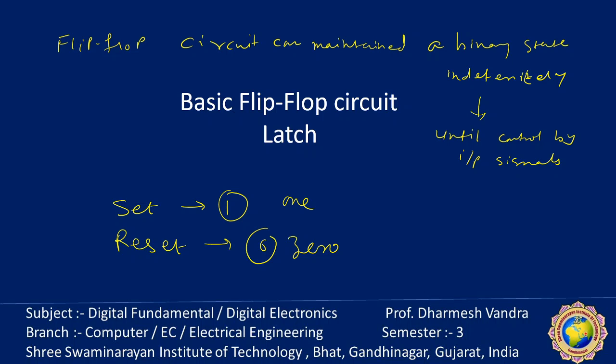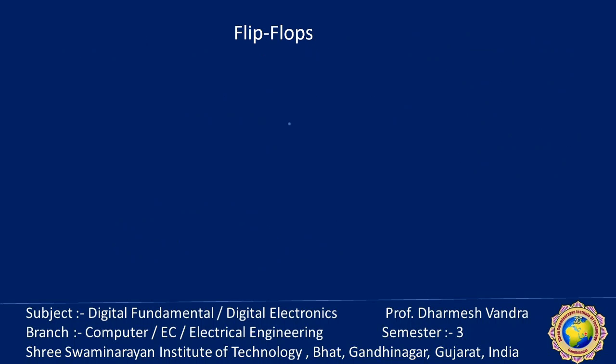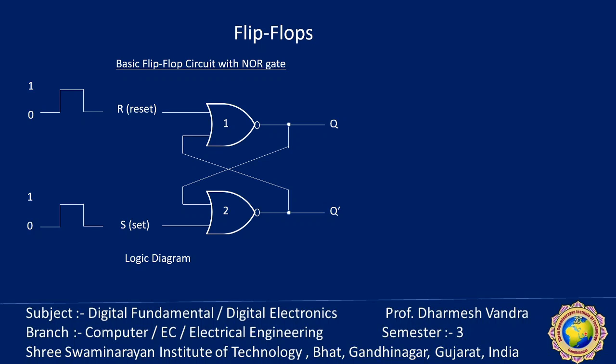The most common type is called a basic flip-flop. In some books it is also referred to as a latch. And normally two NAND gates or two NOR gates are the two possible types of basic flip-flop circuit. So let's see the first one. With the help of NOR gate, we will design the basic flip-flop. This is also called a latch. Remember that thing. So in a NOR gate,